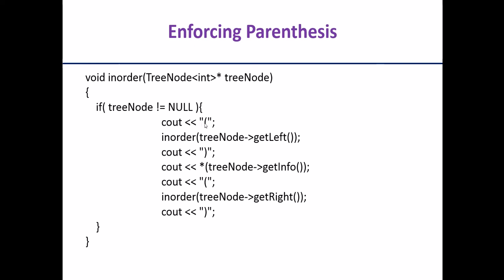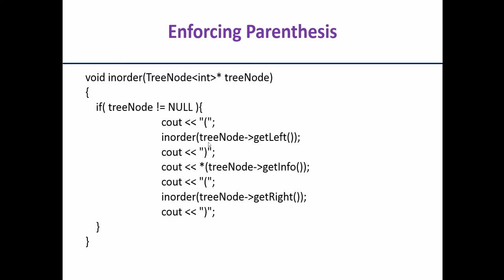If we want to put parentheses, we can print this parenthesis before the tree node to the left. This is the outer parenthesis, and before printing a node we can add